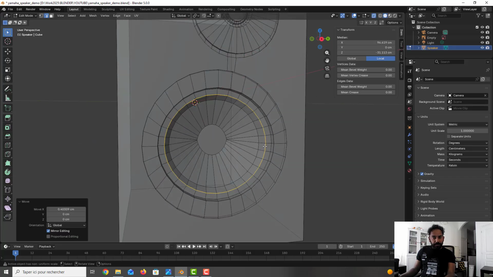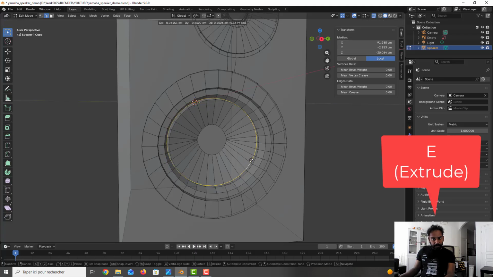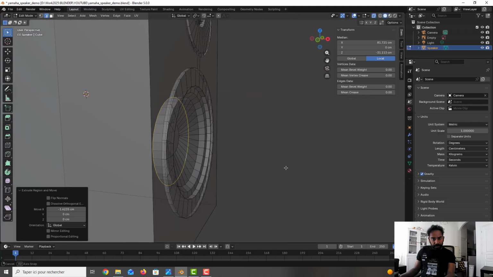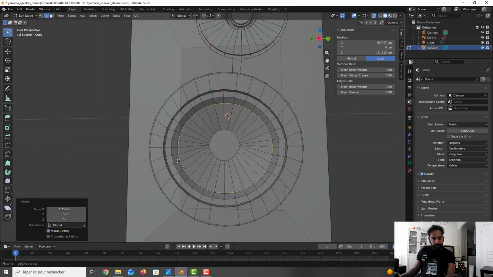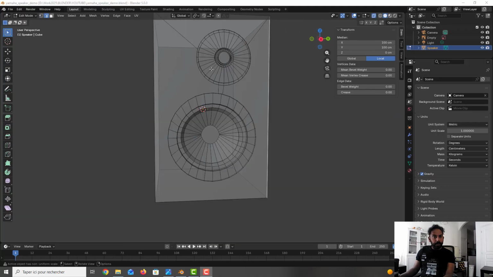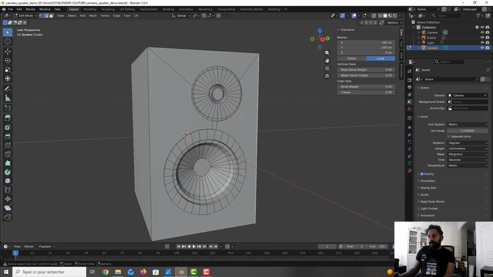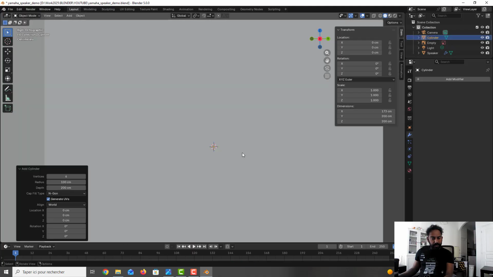To give a little bit more depth on that, and I go here, I press extrude again, on this axis it's okay, so I press G just to move on the x-axis like this. Okay. Okay, seems good. After I remove the X-ray, okay, we press Shift A, mesh, and after I go to cylinder,